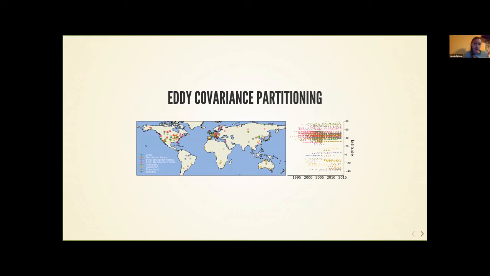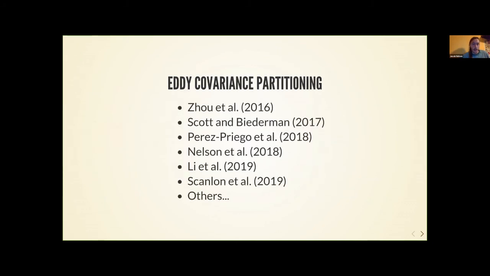Kind of a step above or a step past that would be eddy covariance partitioning. If you're not so familiar with this, it would be doing basically what's been done with the carbon fluxes, separating NEE into gross primary productivity and ecosystem respiration, but doing that for the water flux into the abiotic and biotic water fluxes. And the real advantage here is that we already have the historical data set that we could apply it to. So if you have a method for partitioning the water flux, you can really already utilize a broad spatial temporal data set. And there are, in the last 5 years, a lot of methods that have come out.